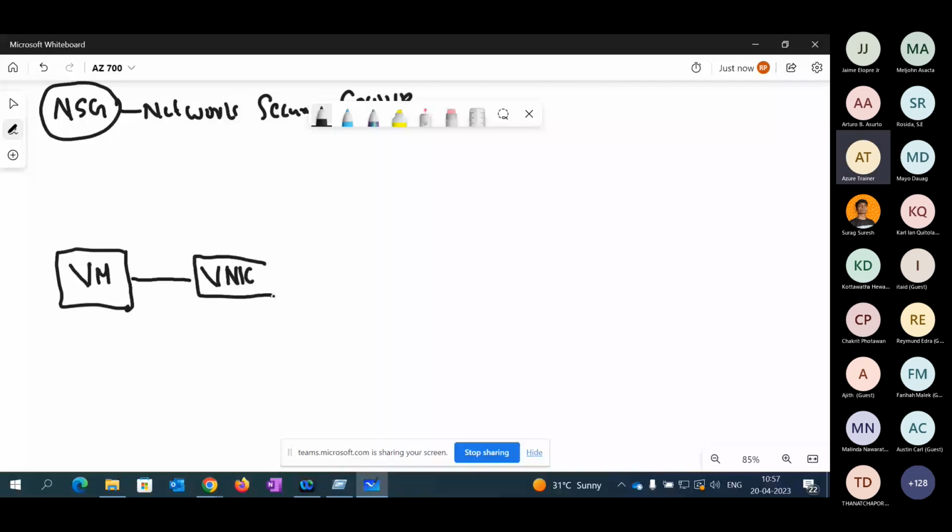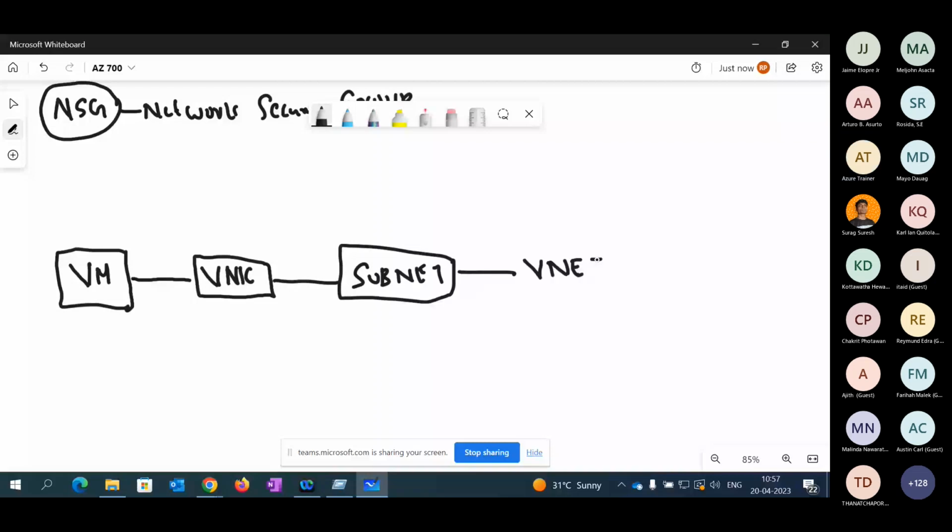VNIC is attached to a subnet. Subnet is attached to a VNet, right? This is the way your network is configured in a cloud infrastructure. I hope you are clear about this hierarchy.